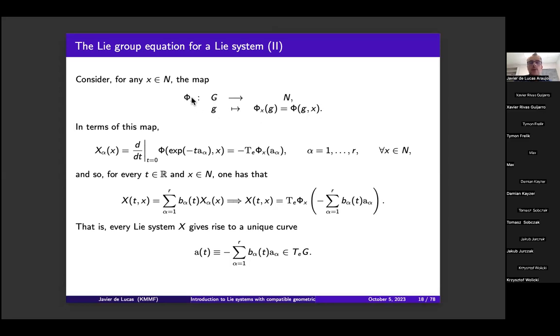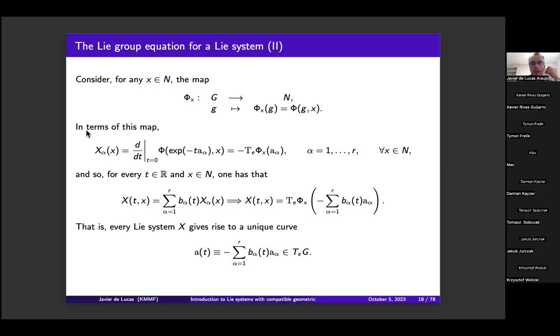So you see, what this is doing is picking one element of the group, and you obtain the image of the action of this element at X. So when you have this mapping, the image of this mapping is nothing but the orbit of the action of the Lie group G at the point X. Now, once you have this map, you can write the fundamental vector field of the Lie group action by means